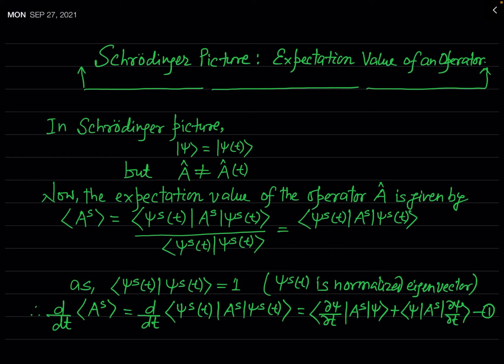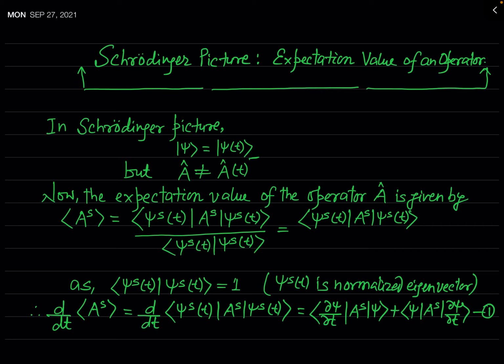Assuming the state vector as a function of time, Ket psi equal to Ket psi of t, and a hat is not equal to a hat of t, we have seen what the equation of motion is